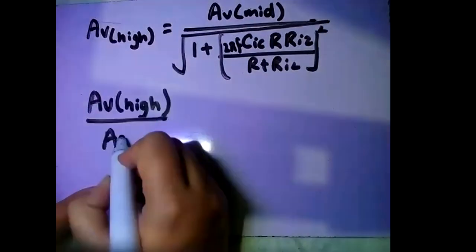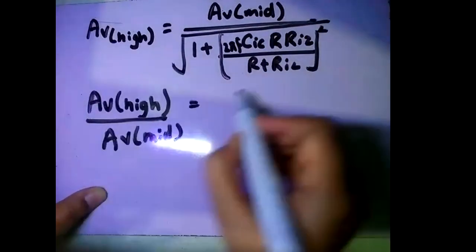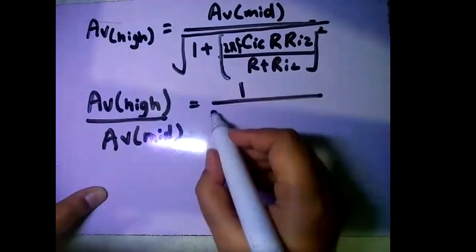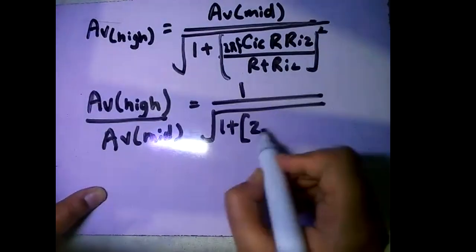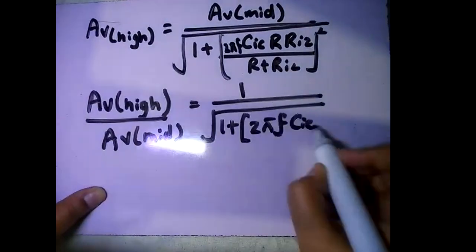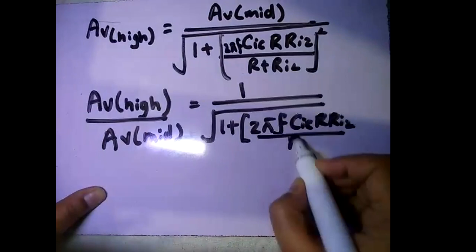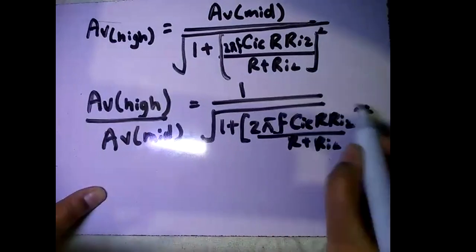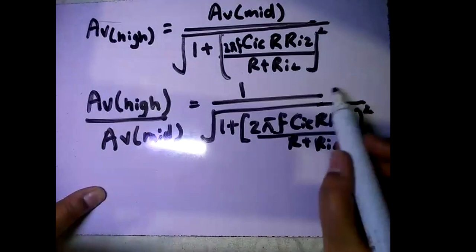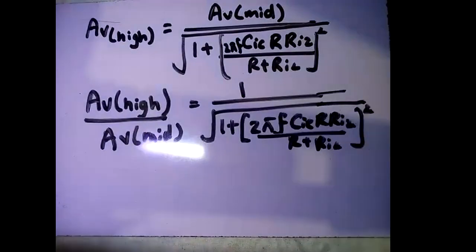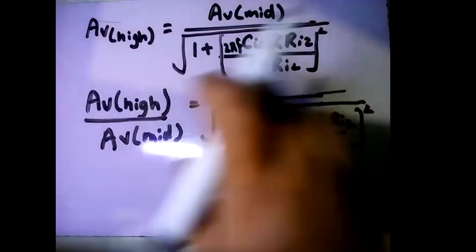And this is what we have determined today: 2 pi f C_IE R R_i2 divided by (R plus R_i2) whole square. It is normalized to be equal to 1. So the gain ratio which we have studied earlier was taken as a normalized value equal to 1. For that normalized value, if this ratio is equal to 1, so we can consider that this radical relation,